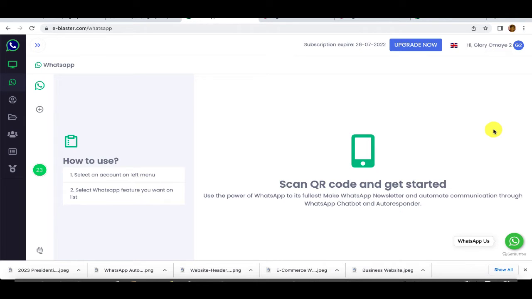And once you have successfully added your account, as I just did, your WhatsApp account icon will be shown here. Once you have added your account, you can just click on this icon there. That is your WhatsApp account icon there. And take note, make sure